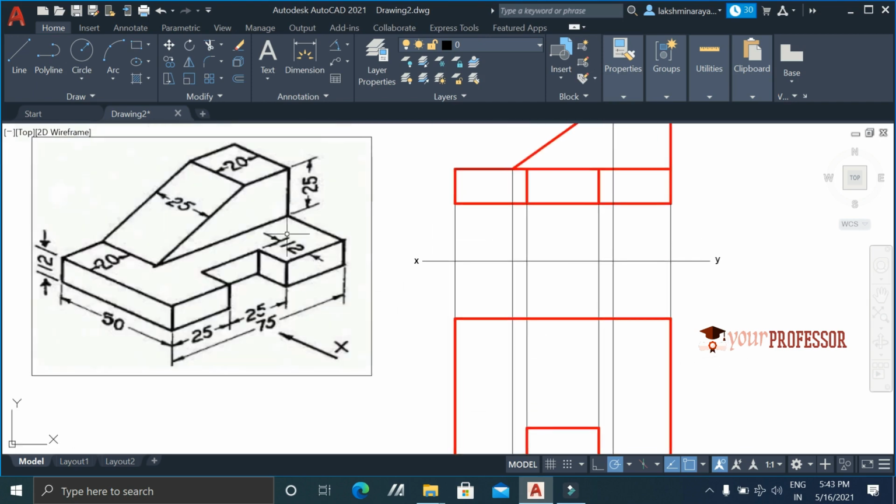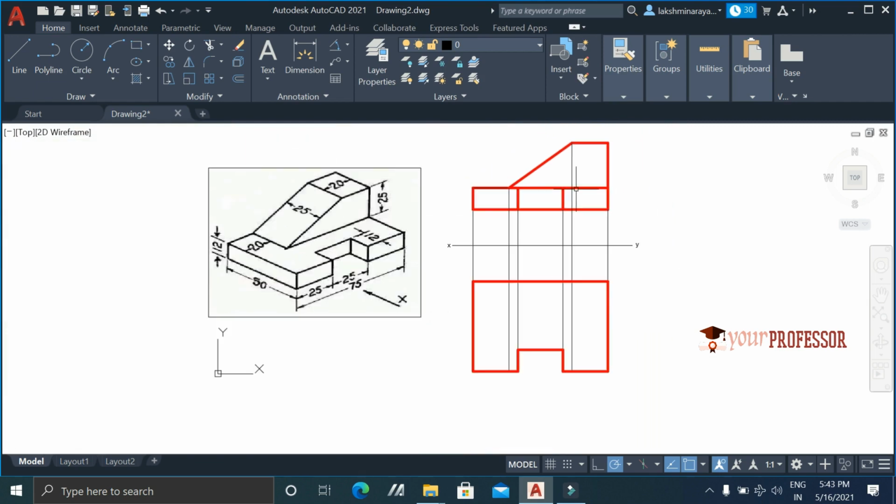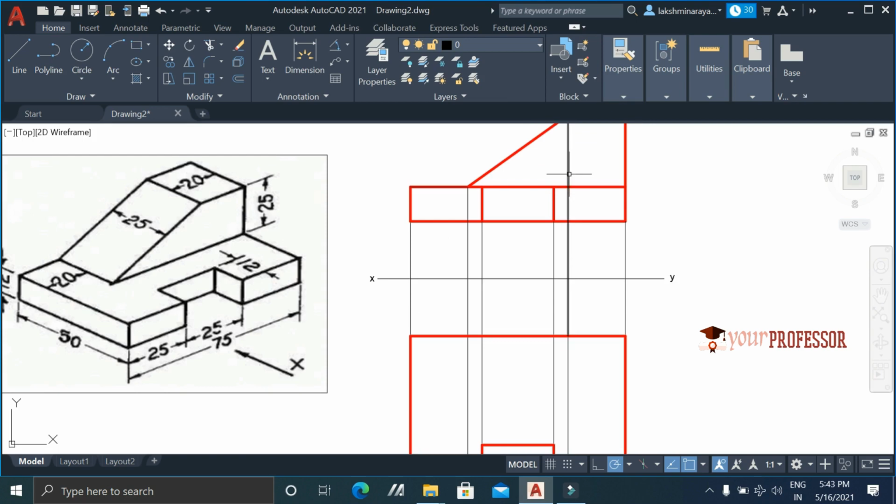Now you need to draw two more rectangles. This is 20 by 25 and this reduced rectangle. For that you can consider the projectors which came. This projector you need to consider. It is 20 by 25, right? The width is 20, and this width we have already drawn. So we need to draw the length 25 mm. Draw a line which is at a distance of 25 mm here. Okay, this is one rectangle. Let's highlight that.